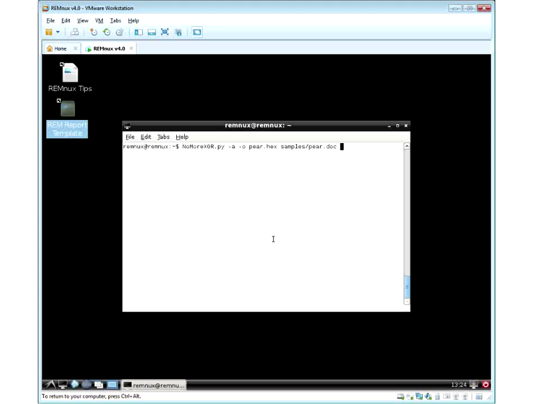So let me see. I'm telling it that the output should be saved into this file, and I wanted to analyze pair.doc. Now, this was a malicious Microsoft Word document that was used as part of a targeted attack, and I'm not going to give you, of course, the full background on this, nor would we analyze all aspects of this document in this webcast. But if you've done some work, you might say,